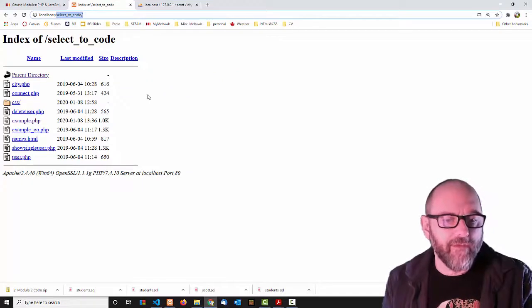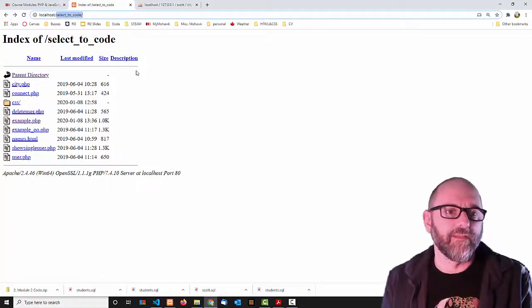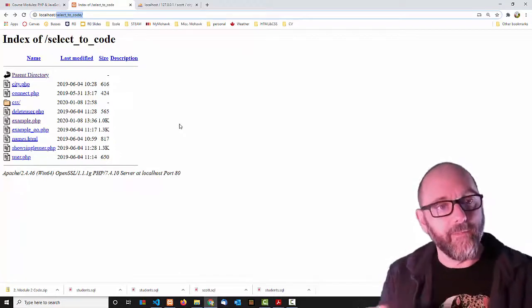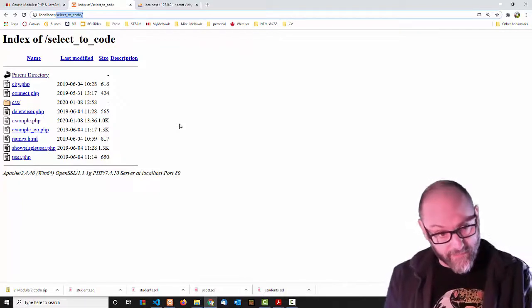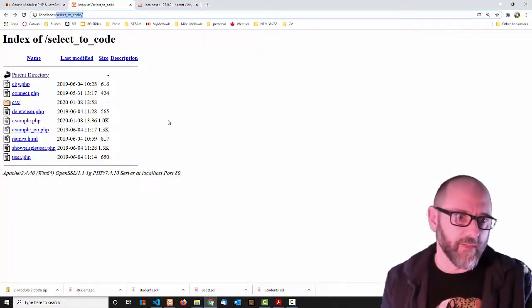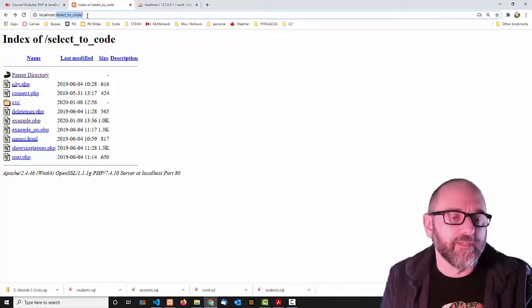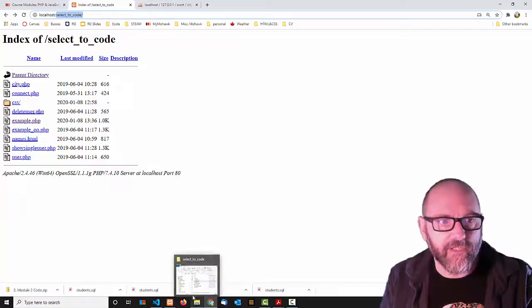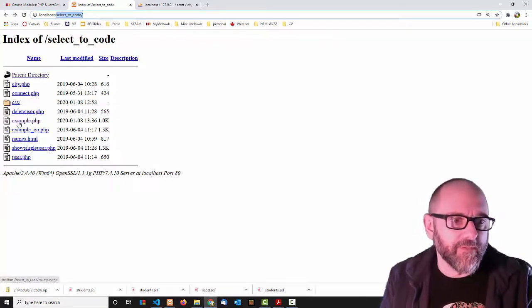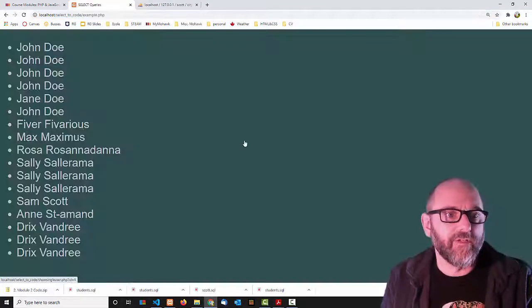Now I want to show you that trick in some examples that I created for you guys. So again, I have XAMPP running. I have the database and the Apache server running. I also have the grades table imported into my database, because this example uses the grades table as well. And I've taken from the sample code for this module the select to code folder and put it directly into htdocs. And there's a bunch of examples here, and if I click on example.php, I get a list of students,